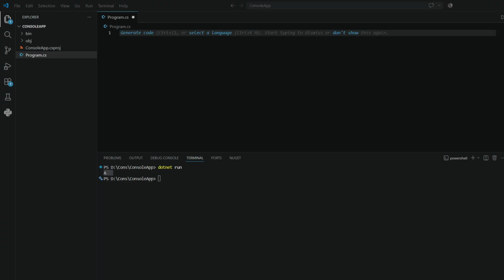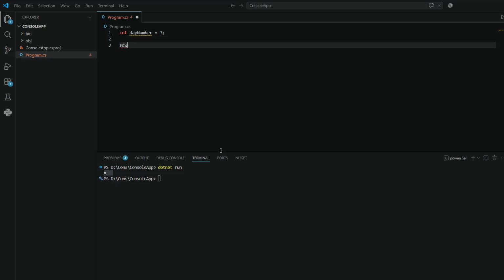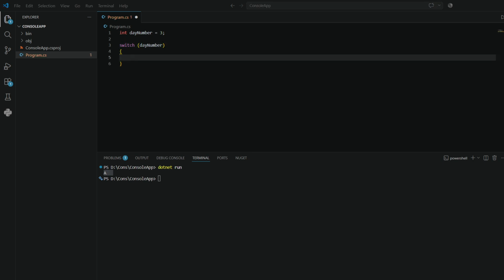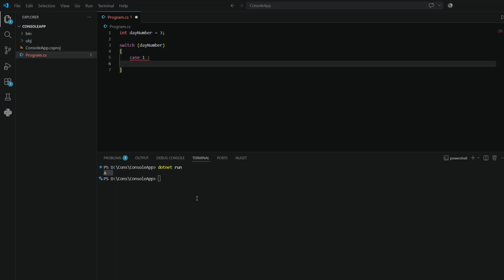So let's talk about switching on a day. For example, we can say int dayNumber equals 3, where Monday is 1, Tuesday is 2, Wednesday is 3, something like that. And we're going to write the switch keyword, then round brackets with dayNumber inside, then curly brackets and case 1. That means whenever the day number equals 1,